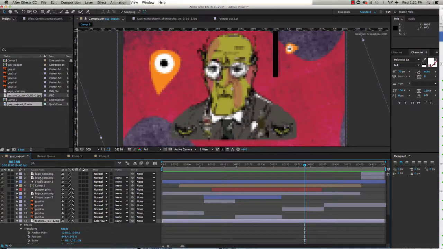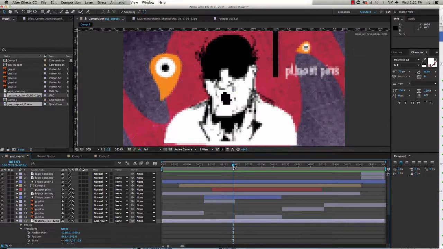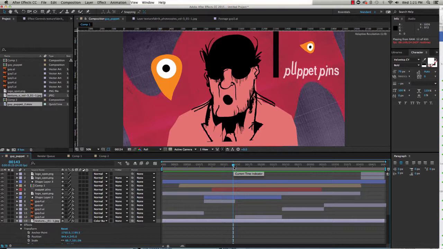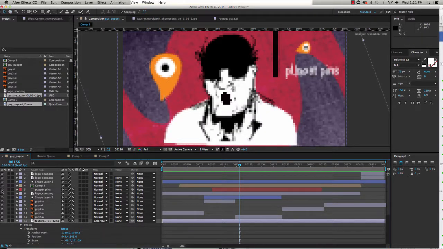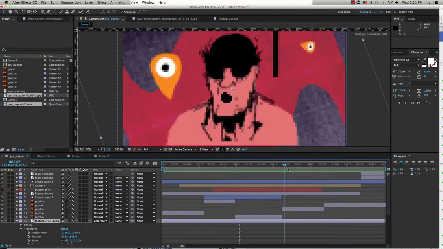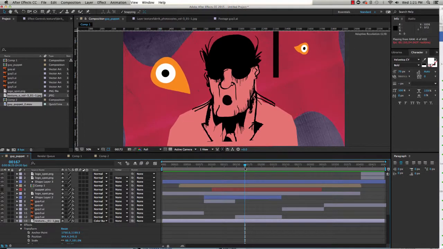Okay, I've turned off the puppet pins text layer. I'll just show you where that was. That was right around here. So there it is. So I'm going to turn that one off for the render, or just to clean up the space a little bit here. So that's off. And you can see that when the animation is playing, the shape